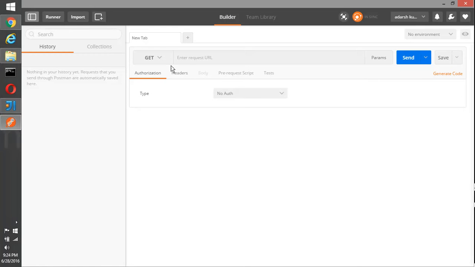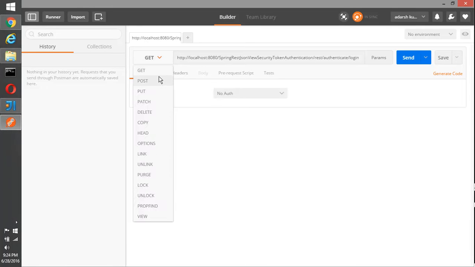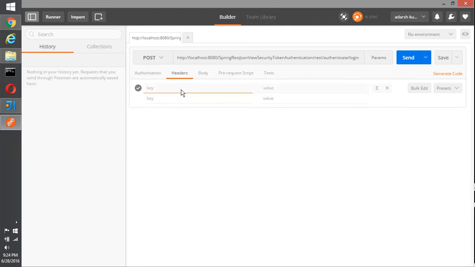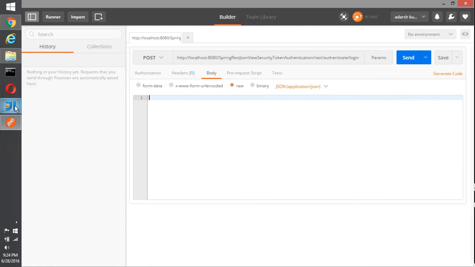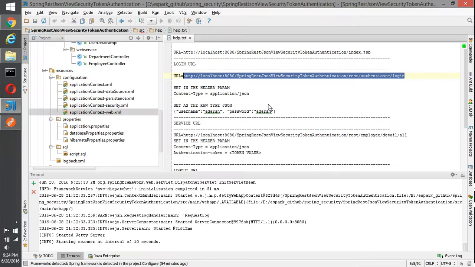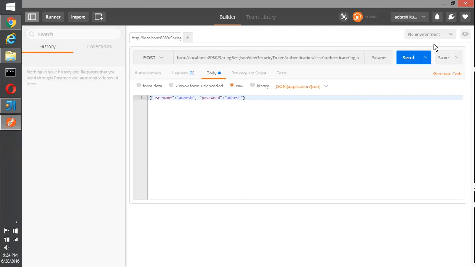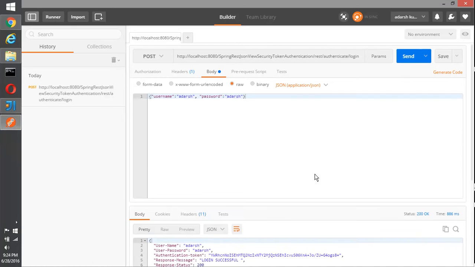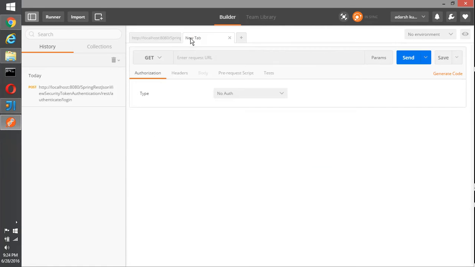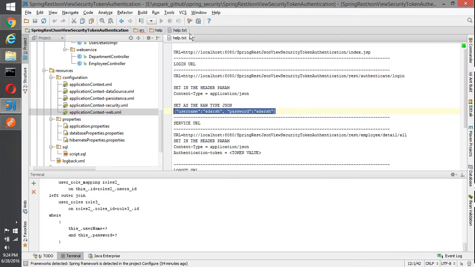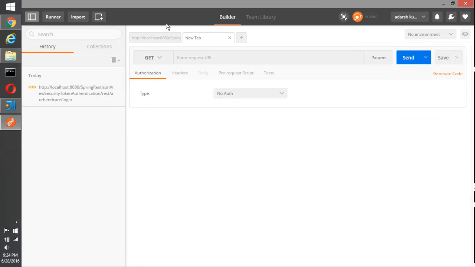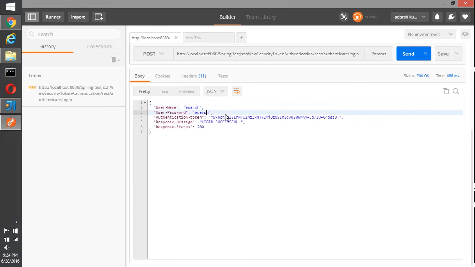I'm going to say POST, header Content-Type application/json, and for the body I want a raw body where I can send a JSON. So this is the response. In the response, if you see, I'm getting a username, password, token, login successful, and response status.